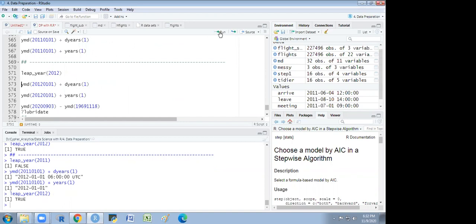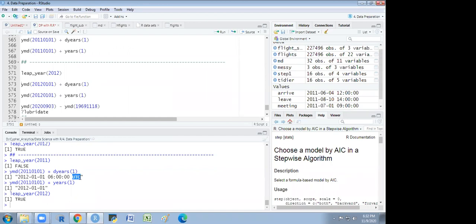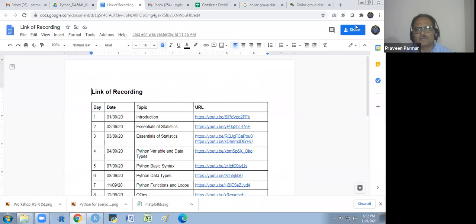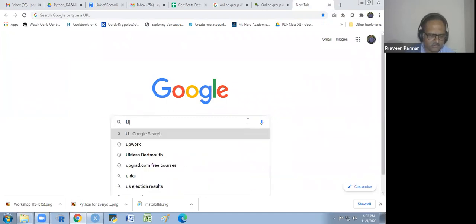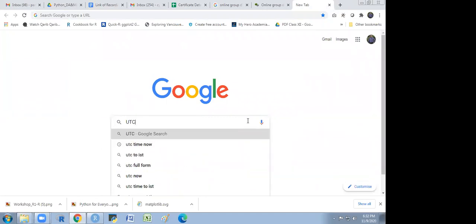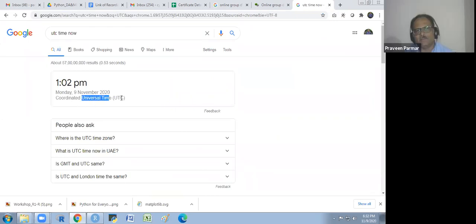What is UTC? It's some sort of coordination. Universal time coordination, something like that. So exactly, you are also not aware. No, I am aware, but I don't know the full form of it. Sometimes we forget the correct form. Why is UTC used? Coordinated universal time.